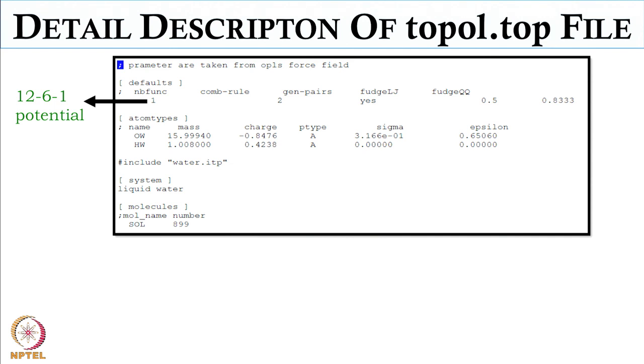So you have to enter the bond length and bond angle in the aminoacids.rtp file. This is a file which is contained in the OPLS folder, and this is a folder in the top folder. So top will be automatically downloaded when you install GROMACS. It will have all the force fields: CHARMM, AMBER, OPLS, GROMOS.